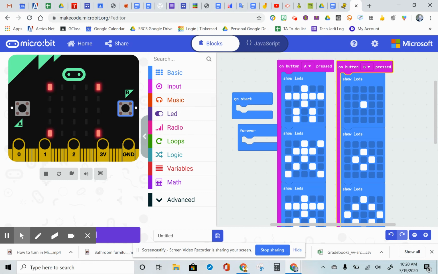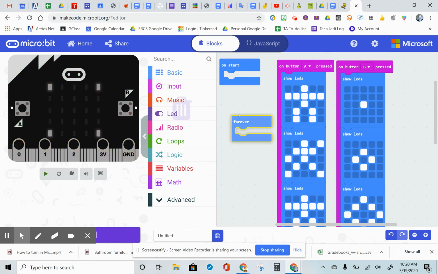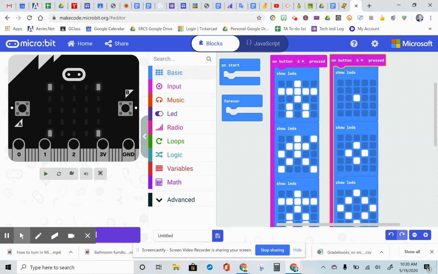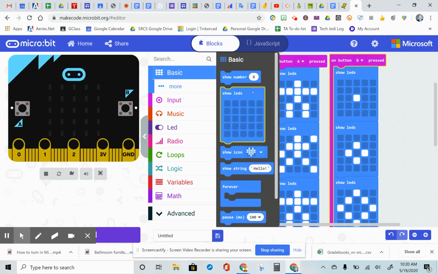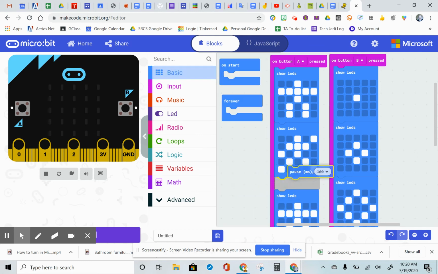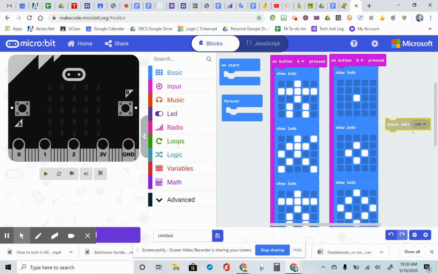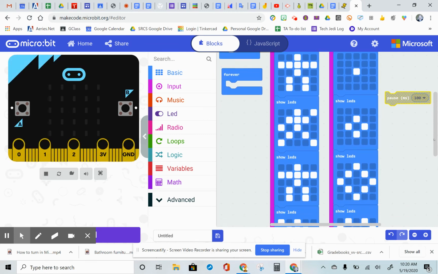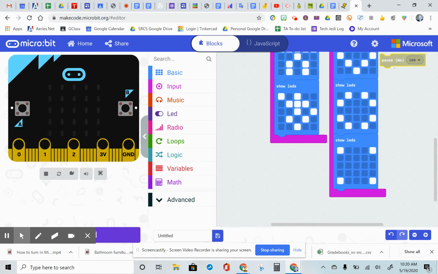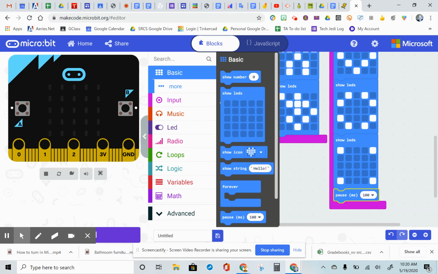But if you're interested in getting full credit, all of them, then we're going to add in two more features. The last features here are adding in a pause. Now, a pause is exactly what it sounds like. It's a wait. Okay? So that's down lower in the basic category underneath an extra forever. So I'm going to drag one of these out, and we want to add in a pause somewhere. So I'm going to pull this all the way near the bottom of my animation here, and I'm going to ask it to pause for a sec, and then maybe flash